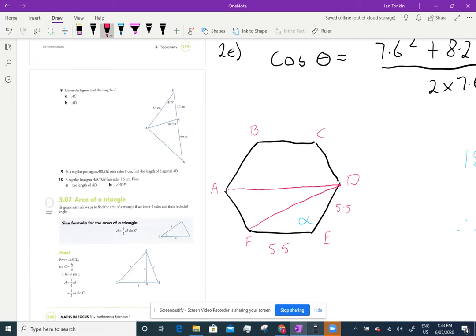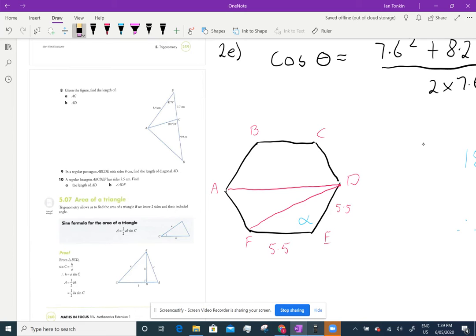Once I've got these two sides and this angle, I can find FD, because I've got the cos rule, I can find that. And once I've got that, oh, hold on, maybe I can find, because BD is going to be the same, but it's not a triangle. So what I'll do is